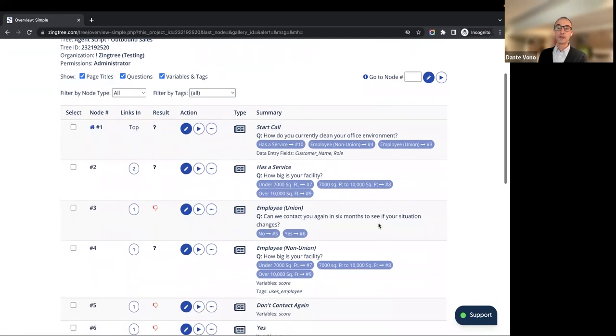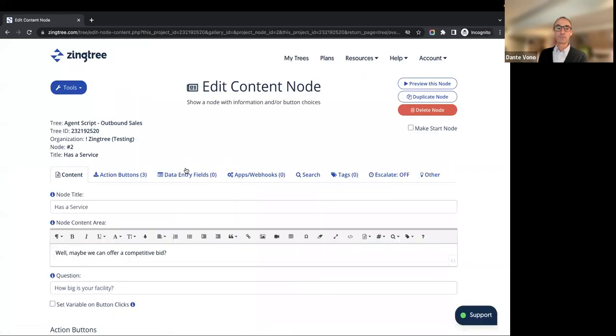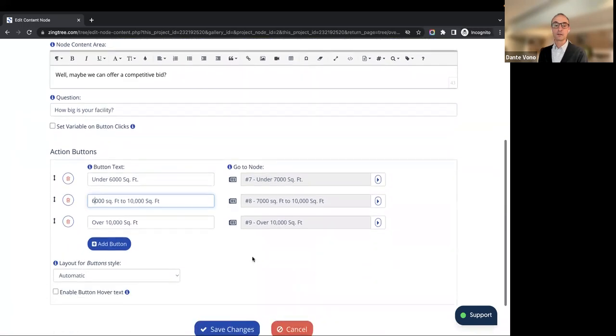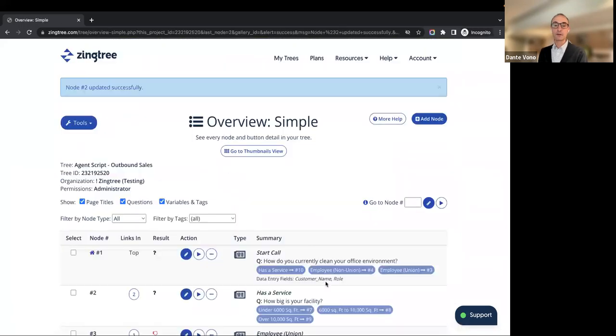So the first thing we'll do is identify that text. We'll jump in here. We'll find where we have that text and we'll change 7 to 6 there. And then we see this also goes elsewhere in the tree. So we have to make sure we go to 7 and 8. But we'll stop and save to do that first.